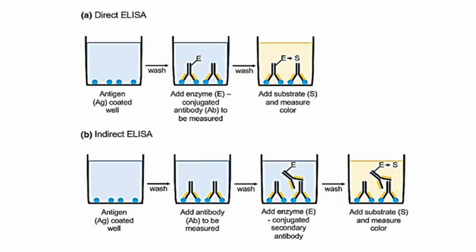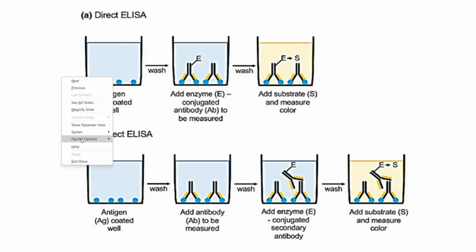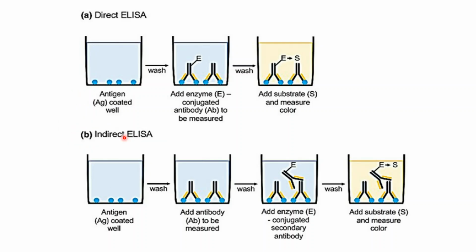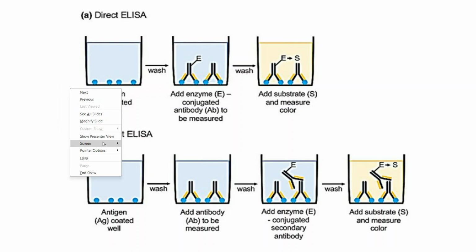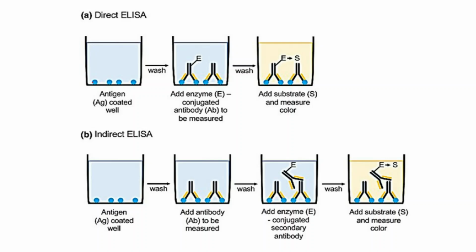Depending upon how the analyte is present, different ELISAs will be used. The first one is the direct ELISA, as the name suggests. What it does is, there is a coating of this antigen, which we can see on the surface. We'll bind the antibody directly to this antigen. There will be no two separate antibodies, only one antibody which is directly linked with the enzyme. That's why we call it direct ELISA.